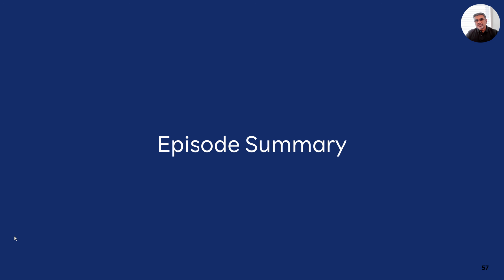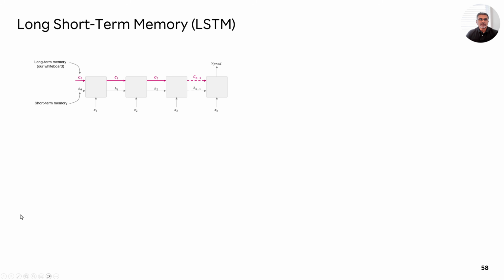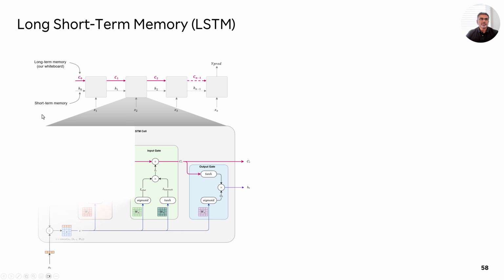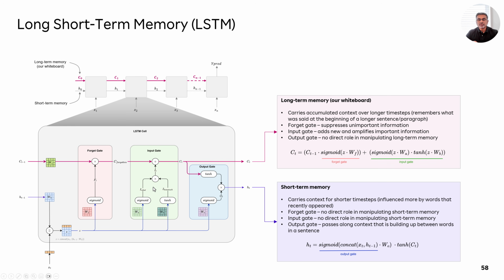So it's time now to wrap up this episode. Let's do a quick summary of what we have studied so far. An LSTM, which is an optimization on top of a recurrent neural network, introduces the concept of short-term memory as well as long-term memory. Short-term memory exists in an RNN. An LSTM adds long-term memory to that. And it has the concept of a forget gate, an input gate, and an output gate. Using these, it is able to get across the limitation of an RNN, where it does not understand longer sequences, and an LSTM can because of this additive property of the long-term memory.